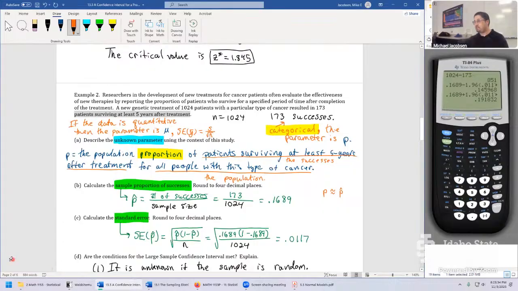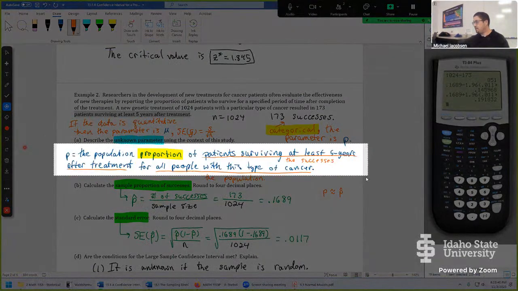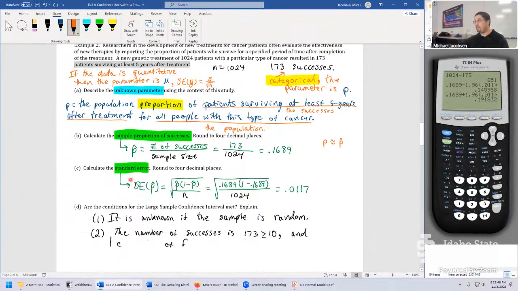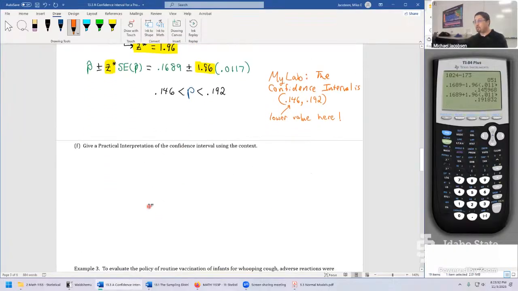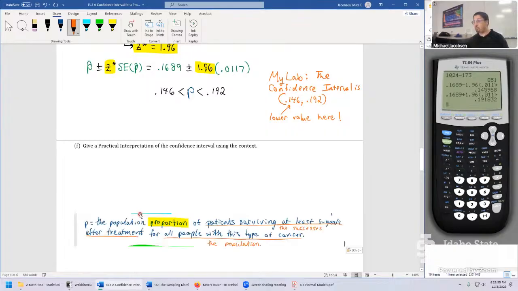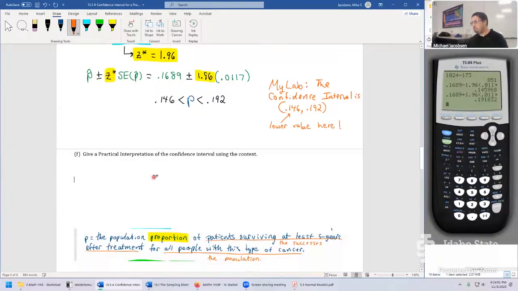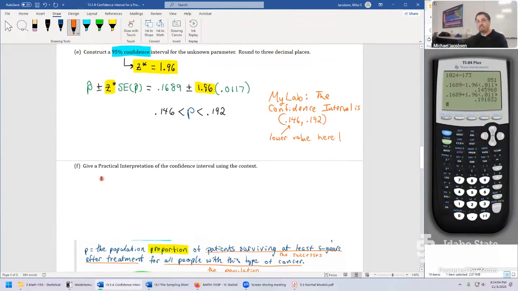You go up to the top, and whatever you said in part A is the parameter P in the middle. So let's screenshot this temporarily. And this is what your conclusion would look like. Even if you made a mistake here, if you use what you said in part A, again, down here, you're not going to lose credit again. You'd be consistent and you get full credit for part F. It feels really redundant, so I have to be completely honest with you. Writing down the parameter once and again in part F feels very redundant, but I found over the years that if you do this as the very first thing in the problem, you're going to be way more successful in getting the practical interpretation in part F.